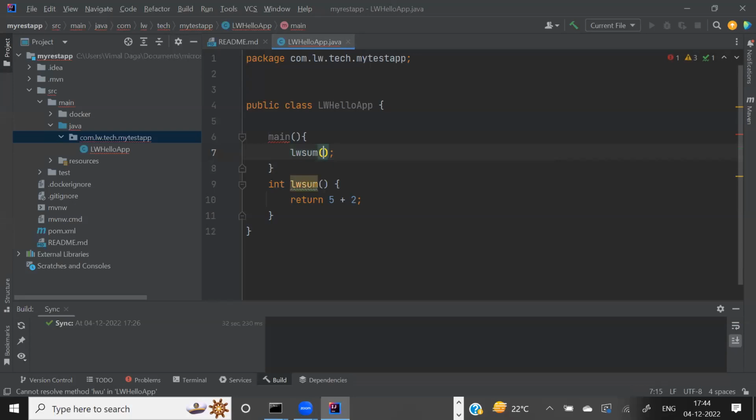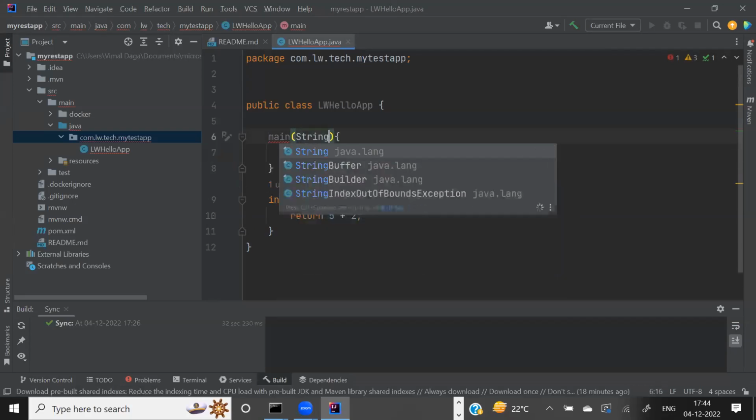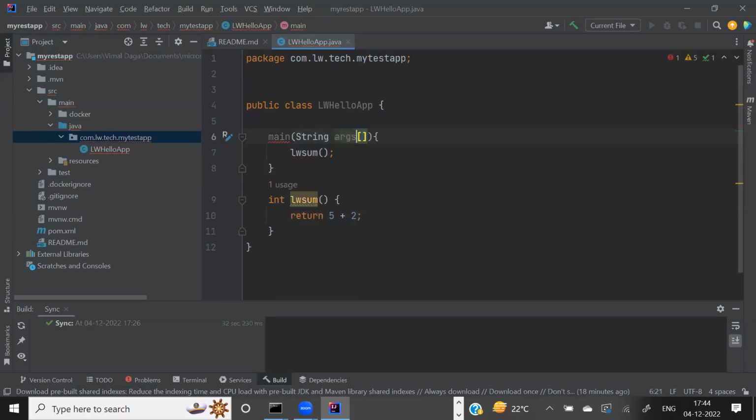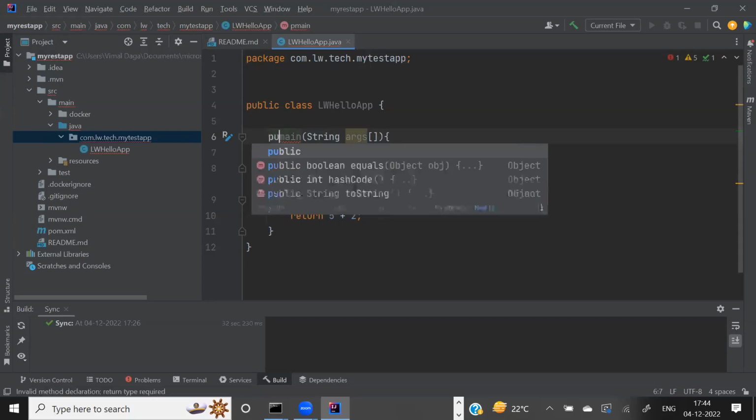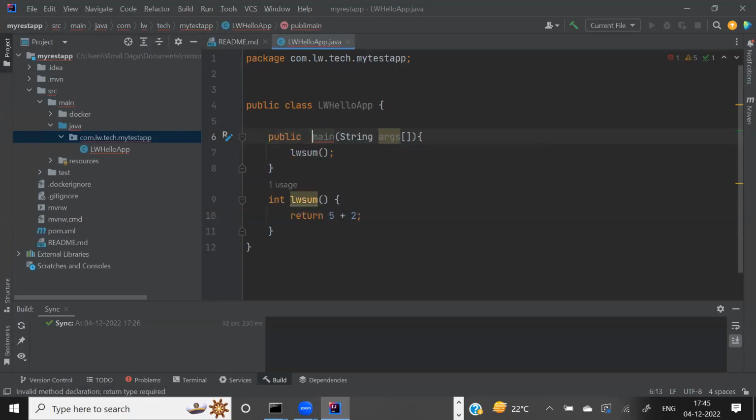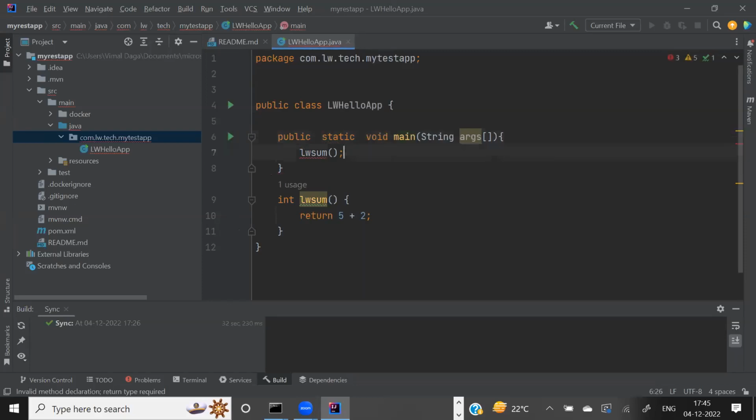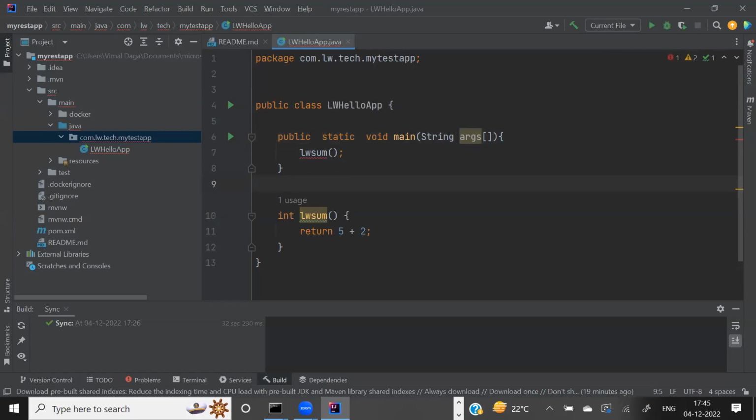For this, you have to write a normal main function in Java like this, and we write some more keywords. If you know Java, public static void. This is how we create it normally. So this is one of the approaches that we use in the programming world.